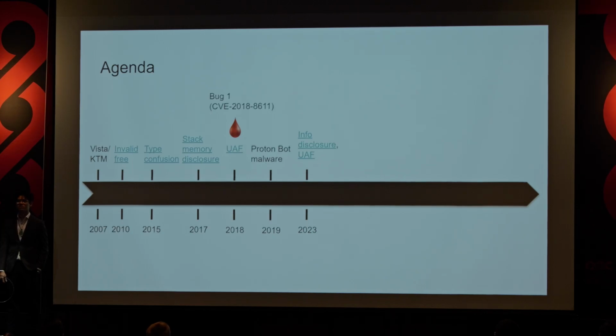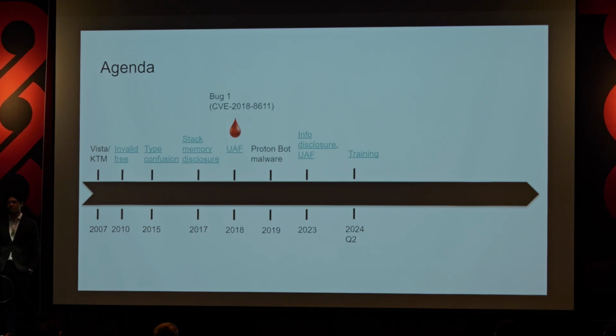In 2019, some people were using transactions in order to evade AV by creating files that are part of the transaction that don't really exist at the file level, but where you can do certain things. And then there are some bugs as well in 2023, but again, nothing where you get a full chain to exploit the kernel. And then in 2024, I started delivering a training on exploiting the Windows kernel, and one of the